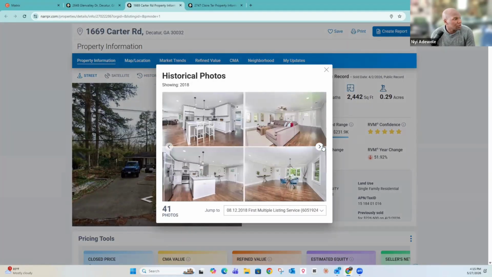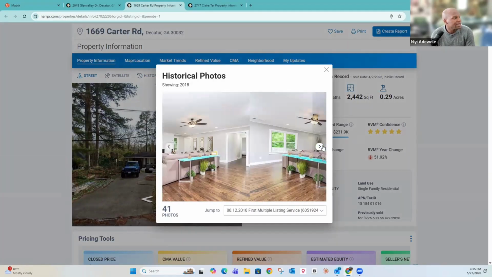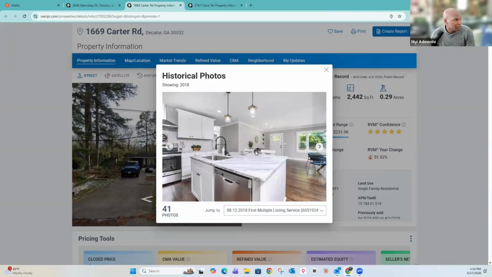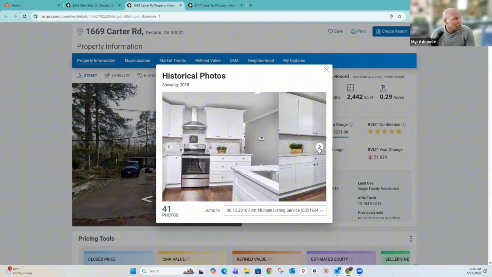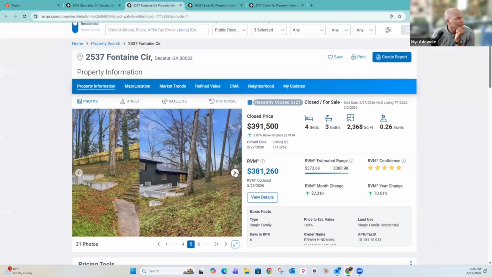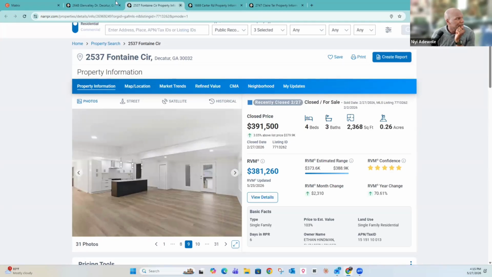Let's see what this one looks like. This one's actually closer to this. Yeah, closer to it. We need to make an adjustment for the extra bedroom, right? And for the square footage, and for the kitchen. I think this one's a little bit nicer, but I would pull this in as a comp. It's a real comp. See what this one looks like. This is not a comp. It has a garage. This looks like a full-on renovation. Luxury vinyl plank throughout. I'm going to say no on that one.